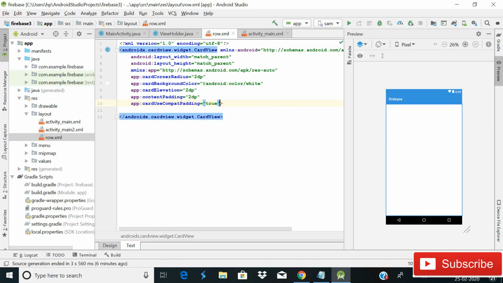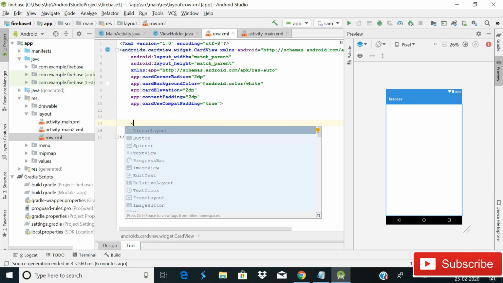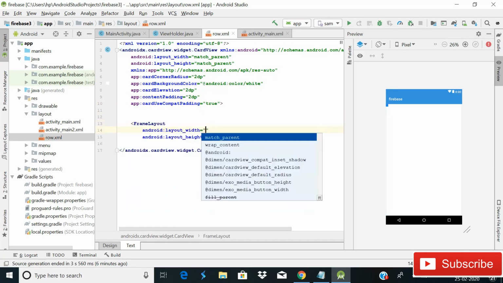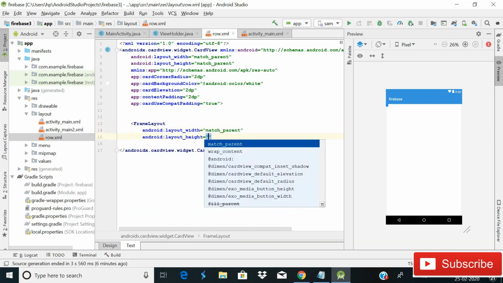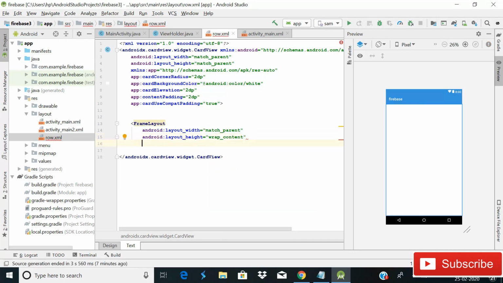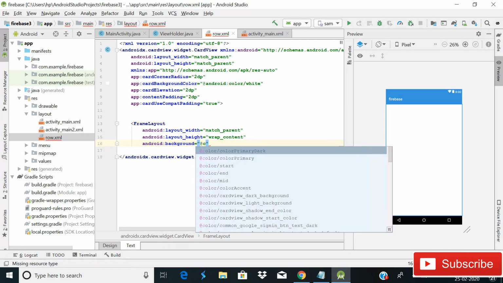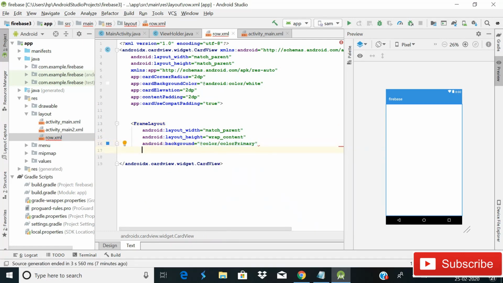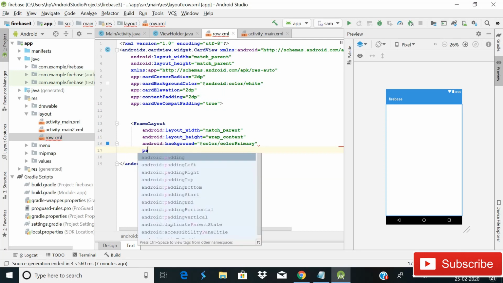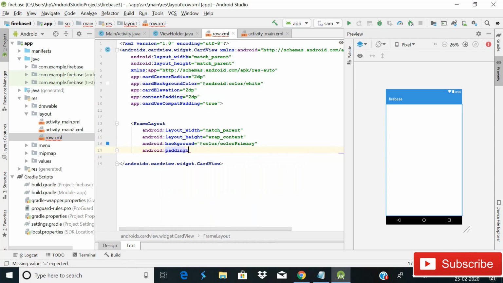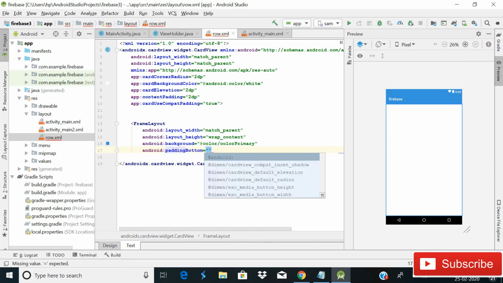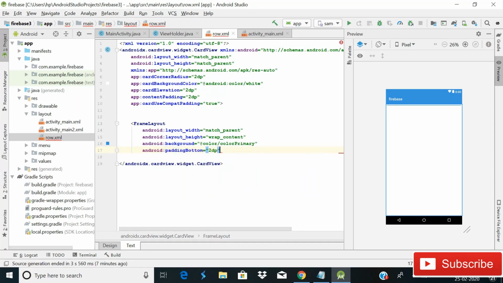After this, we will use a FrameLayout with width match parent, height wrap content, and then background Android color primary, and then paddingBottom 2dp.